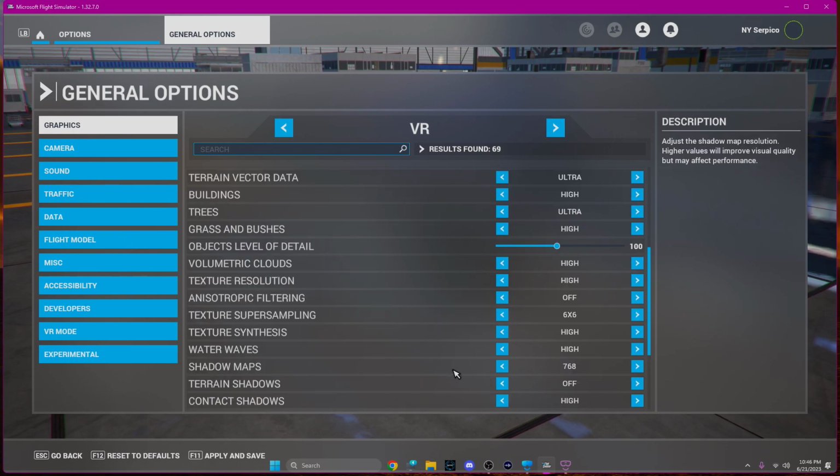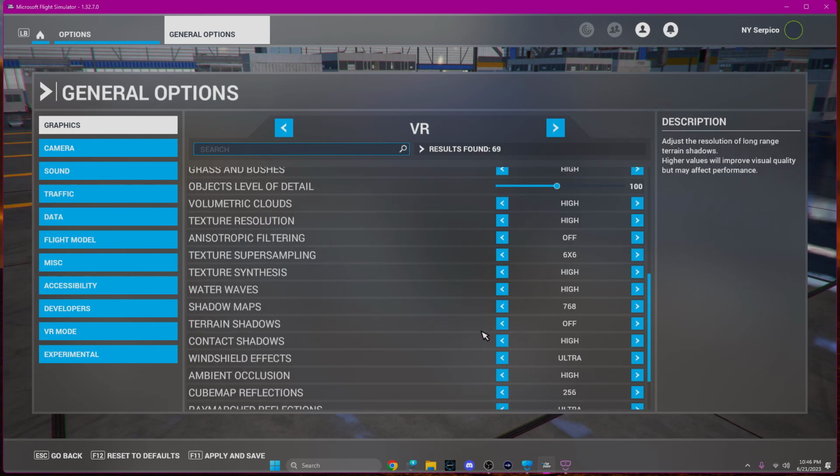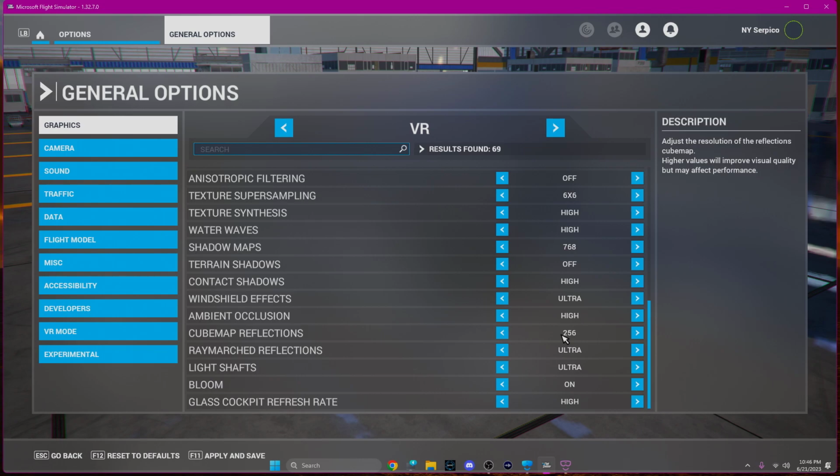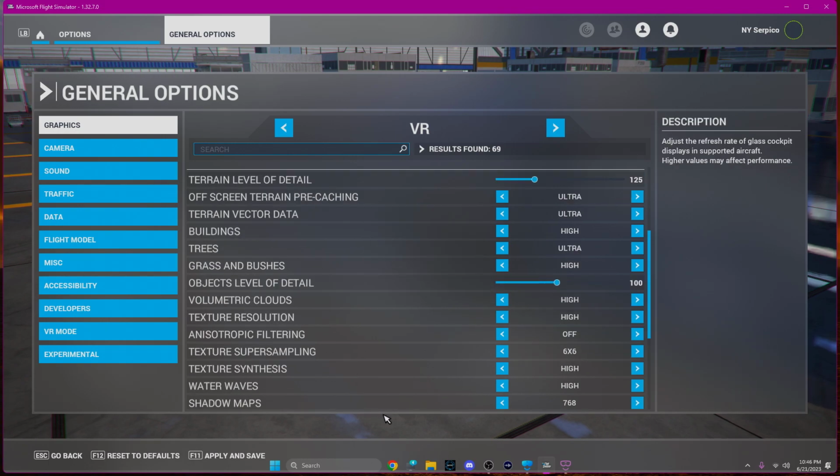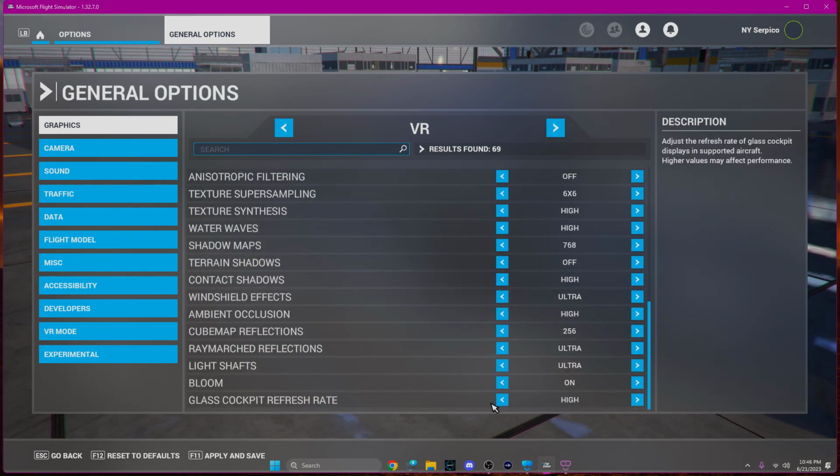synthesis on high because once again it's on my 2D settings, water waves on high, shadow maps 768. Terrain shadows I just turn off because I don't really see too much of a difference with them on, and they do take up quite a bit of processing power. But my contact shadows are on high, windshield effects on ultra, ambient occlusion on high, cube map reflection on the highest 256, ray march reflection ultra, light shafts ultra, bloom is on, glass cockpit refresh rate is also on